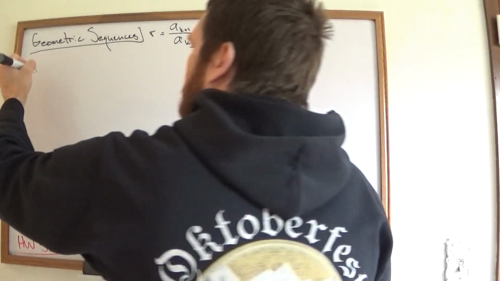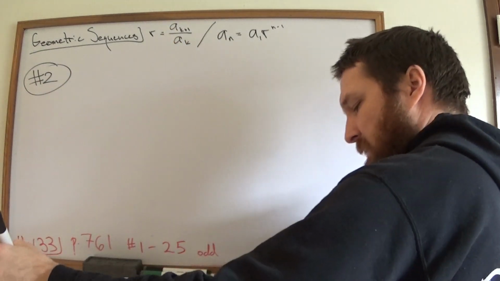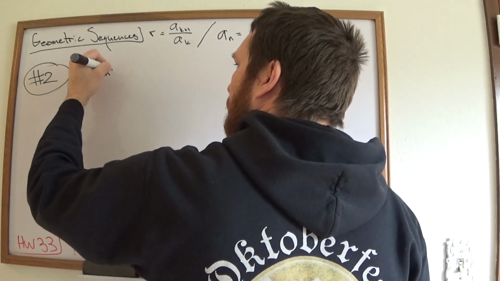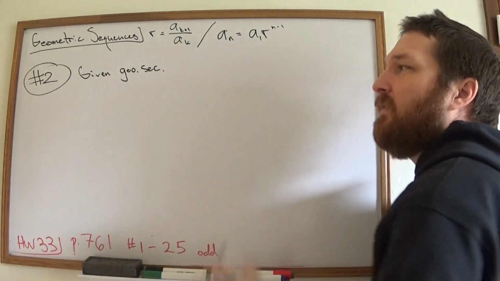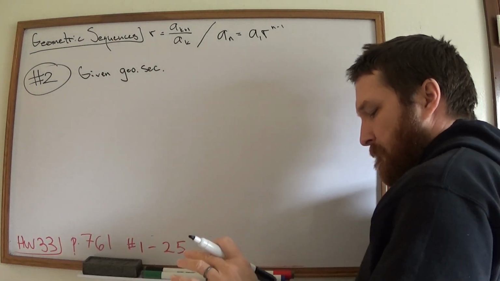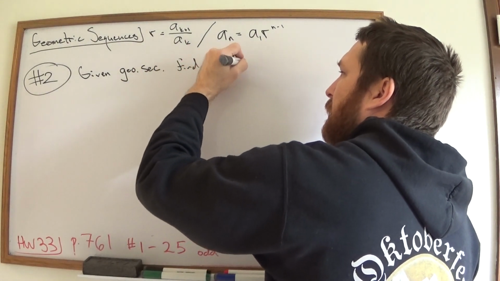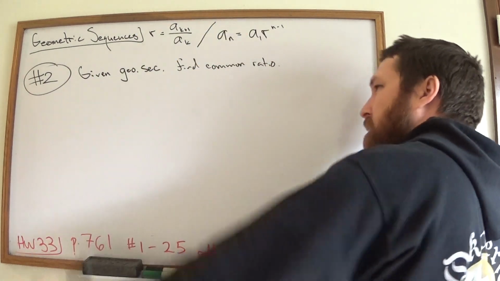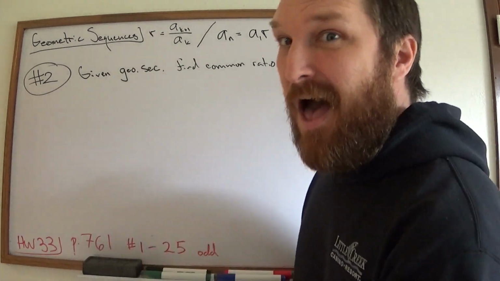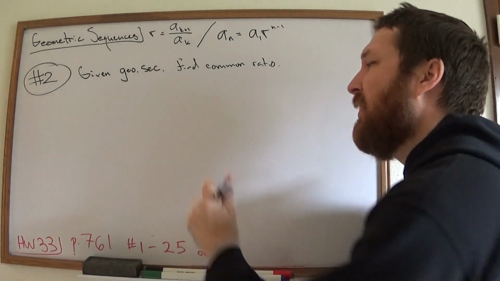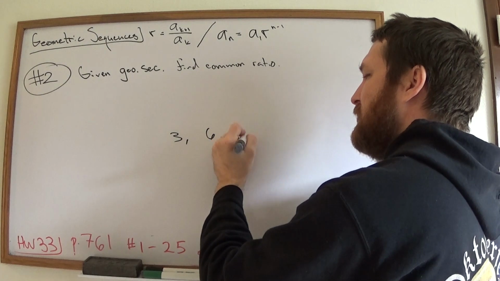Okay, so number 2 from this section right here says, given that what we have here is a geometric sequence, find the common ratio. Now, I said that like 3 times. Given that it's a geometric sequence, why did I make such a big deal about that? Well, because if I gave you this to begin with, 3, 6, 12,